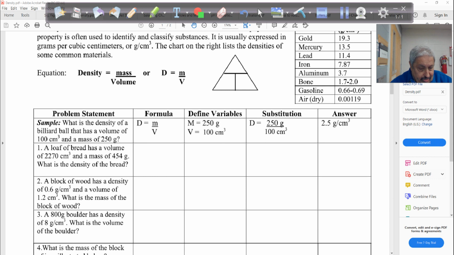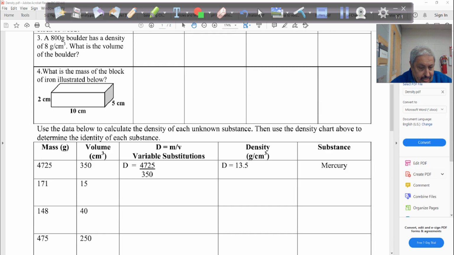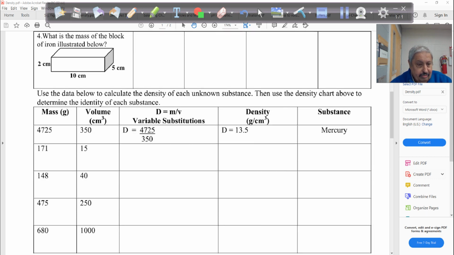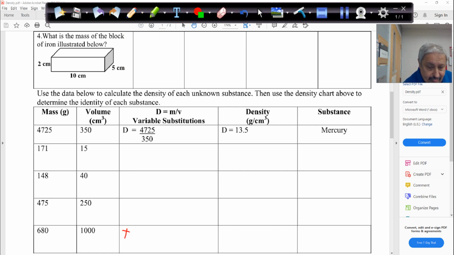So I'm going to see if we can look at those here. We can pick any one of those. And we have to watch for the decimal here. Let's take the one that is critical with the decimal. So 680 and 1000. The volume is 1000 cubic centimeters. Those are all solids, and the mass is 680. So the density will be, let's look at the density here, density is mass 680 divided by